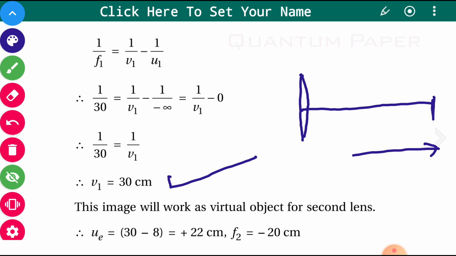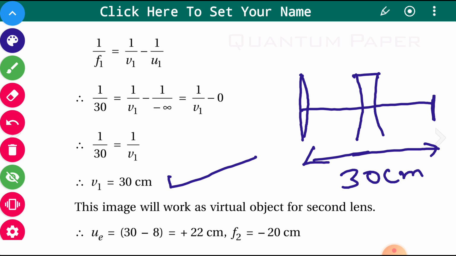Now if the second lens is present, 8 centimeter apart from the convex lens,